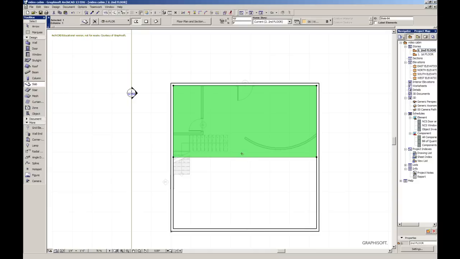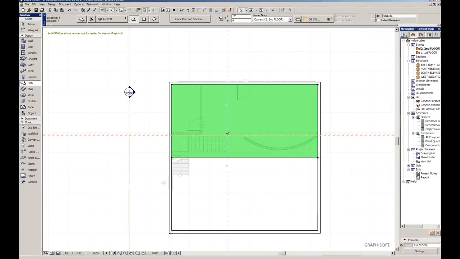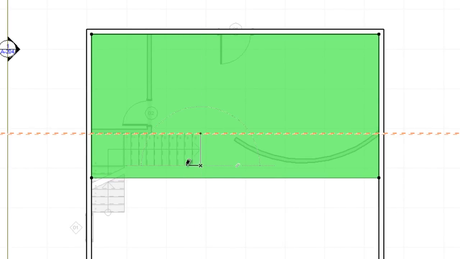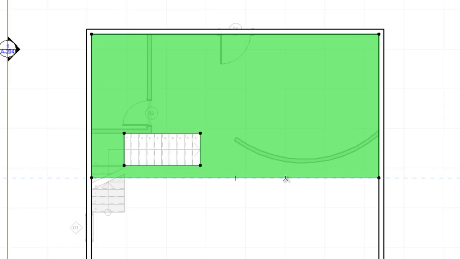What I'm going to do is cut a hole out where this portion of the stair is. I'm going to start over here, right here, and I'm going to click this spot, and I'm going to draw where I want my slab to have a hole cut. And I don't need to go all the way to the back, so I'm going to go back here. I'm going to bring it up to there, and this allows me to cut a hole. Now I can also cut out a section. If I come over here, let's say, and I want to go about halfway, and I want to cut this portion out. Notice what it does is it actually adds a point to my